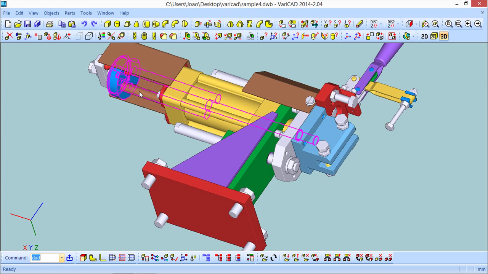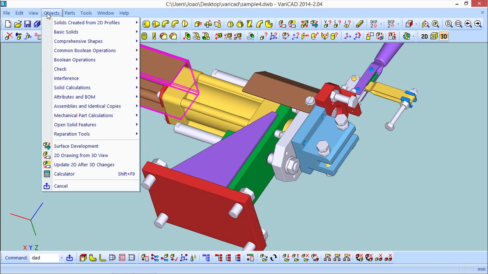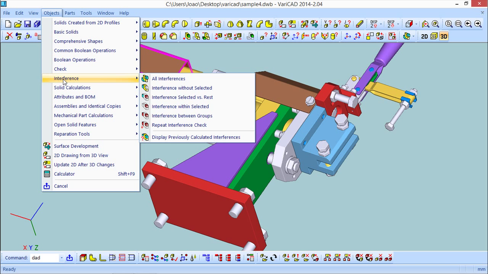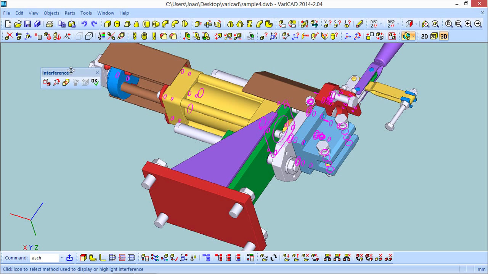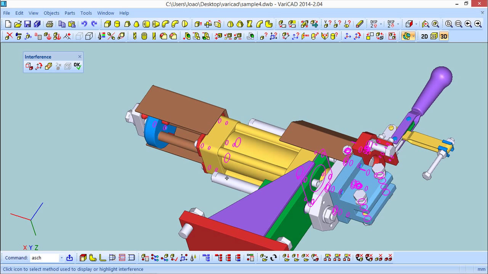And these commands about interferences are under these menu objects, and we have a sub-menu inside that is called interference. So we will see about these options inside. Starting with this, which I can say is the most important one, because this command does it all. If we want to check the complete assembly on the screen, we basically say all interferences, and after the analysis, in case of having interferences, we'll get this purple or violet,